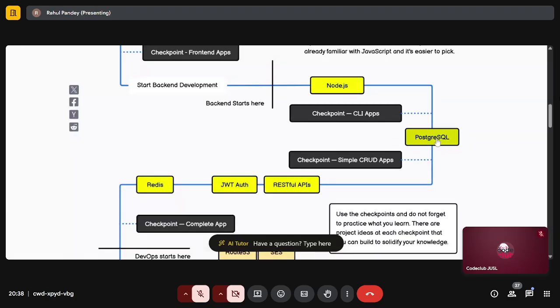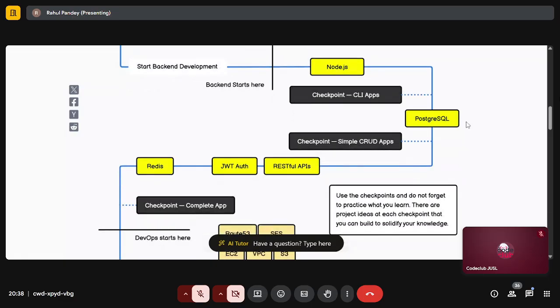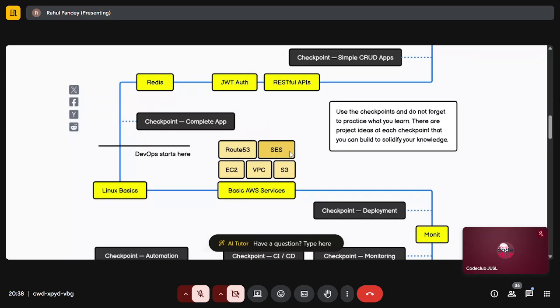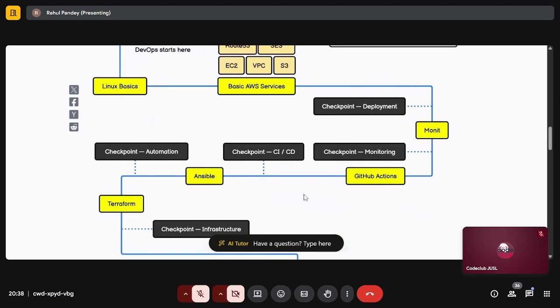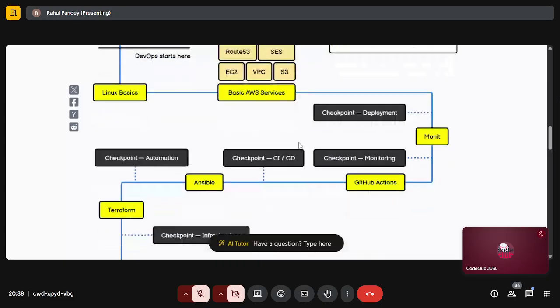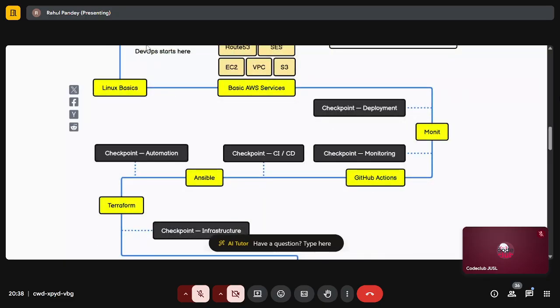And PostgreSQL is a database. I'm sure you've heard of MongoDB, and some people mentioned that they've learned Monstack. This is an alternative database. This uses SQL, whereas MongoDB is NoSQL. You can choose either one to start with. And yeah, then this is coming to a little bit advanced topics like Redis, DevOps, and stuff. You could ignore these for now. These are some things you should look to learn after you're done with basic front end and back end.